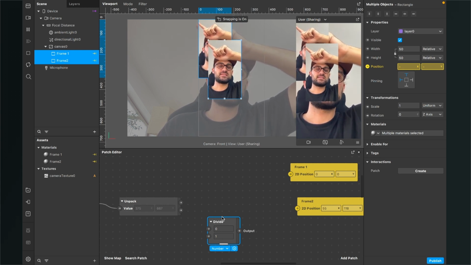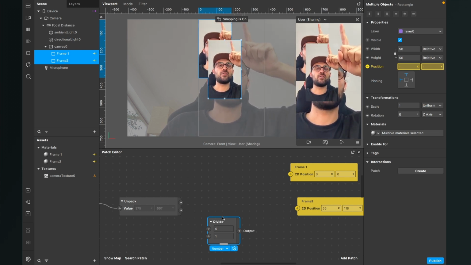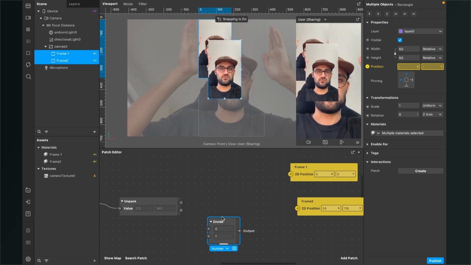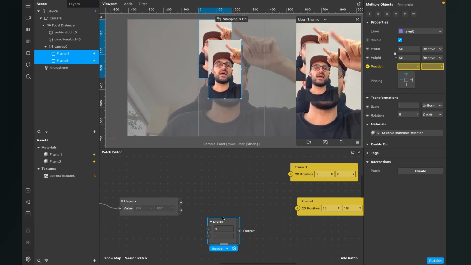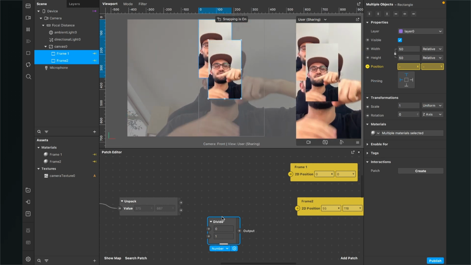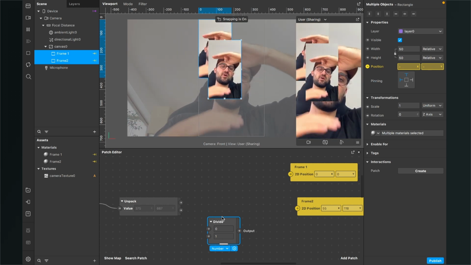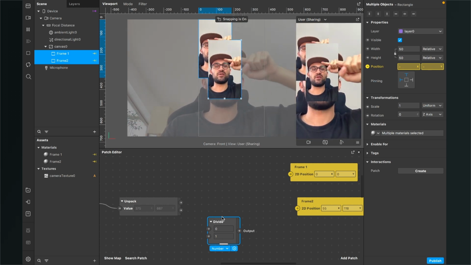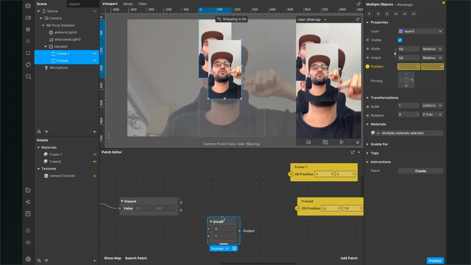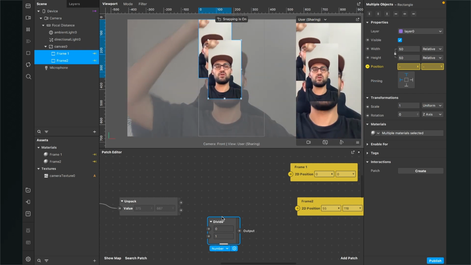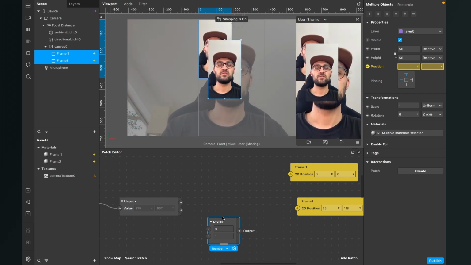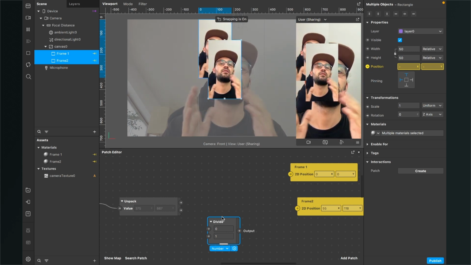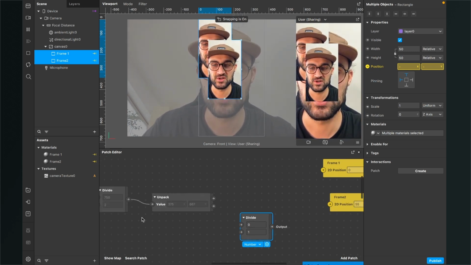Then the second rectangle is at the half of the X of the full width of the screen. And the third is of the half of the Y of the full screen. And then the last one is of the half of X and also the half of the Y from the width and the height. And every device has another value here, so we have to make sure to do this